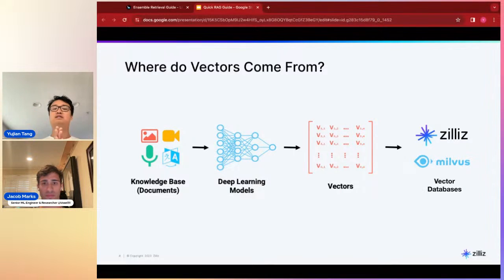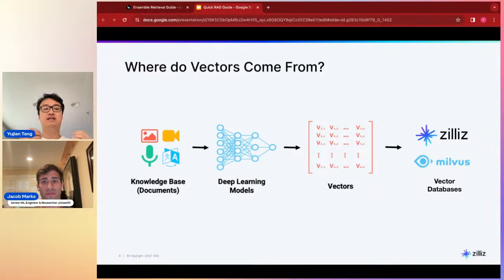And the deep learning model is going to learn something. This is a pre-trained model, and it's going to learn something about your data. And as your data passes through each layer, the model learns something a little bit more about your data. And basically, the vector that you take is usually the output from the second to last layer, because that layer has captured all of the semantic meaning the model has through all of the rest of the model. And then you're going to take that vector and put it into your vector database so that you can do RAG.